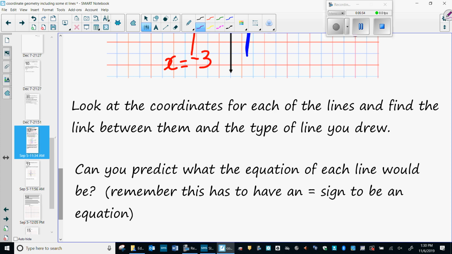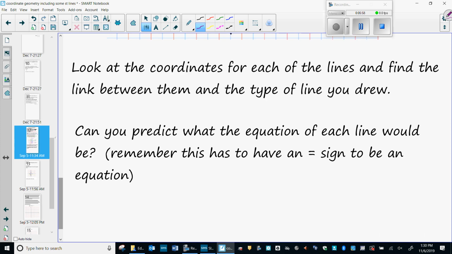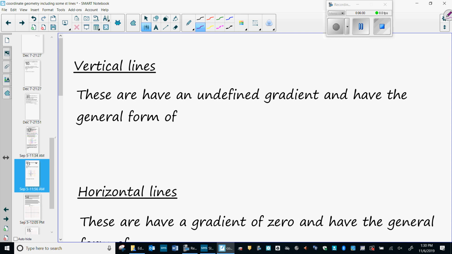Can you predict what the equation would be? Yes, we did that. So go back to our little summary on the next page. It says vertical lines. These all have an undefined gradient